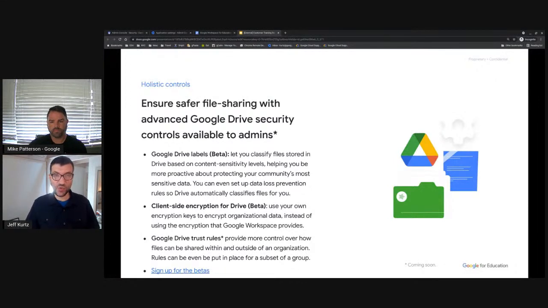The idea here is, while Workspace encrypts all data, we encrypt data in transit as it's moving between machines, and we encrypt it at rest as it's sitting on our servers. Some organizations, because of regulatory requirements, maybe they're working with top secret information, need to have that extra layer of protection, that extra peace of mind, if you will, and have